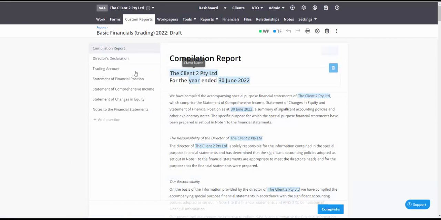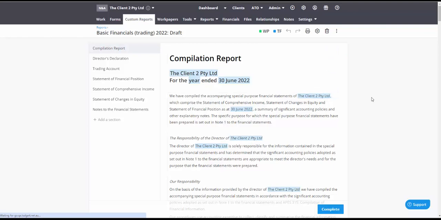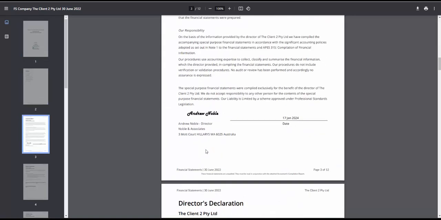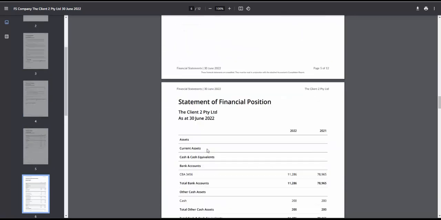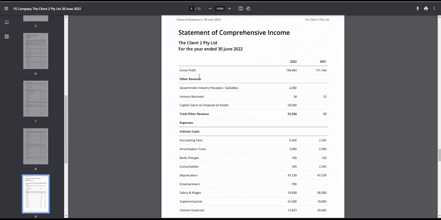And over here with our report, let's see how this looks. And this is a PDF version that we're generating now. So it will take a couple of seconds to generate that report, and you'll see it pop up. You see it's color coded with your logo. It's got the information about your firm, signatories, etc. As I mentioned, the simplification of the comprehensive income schedule,